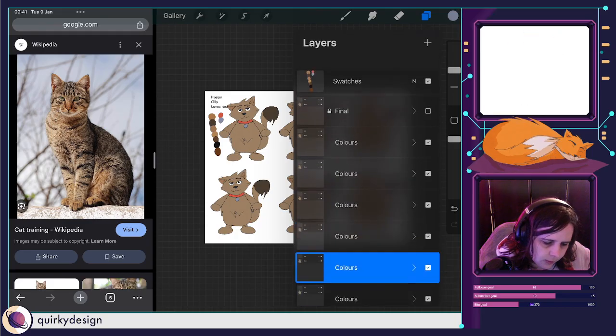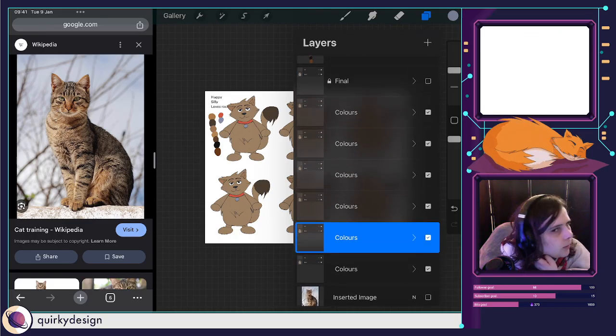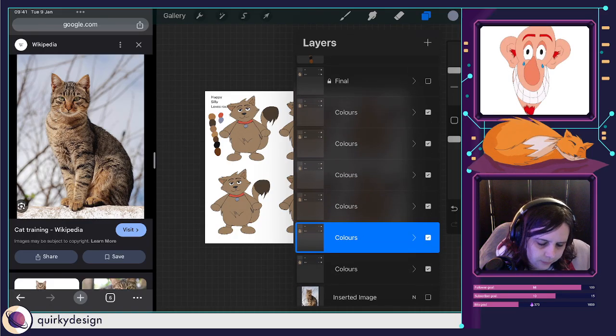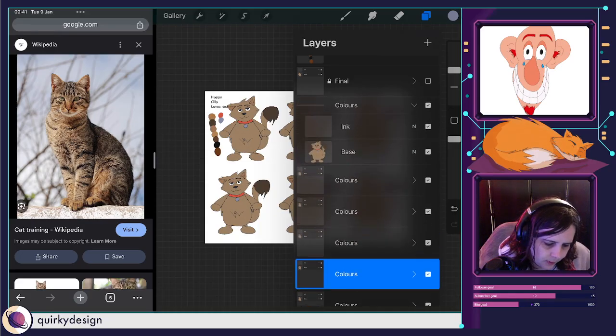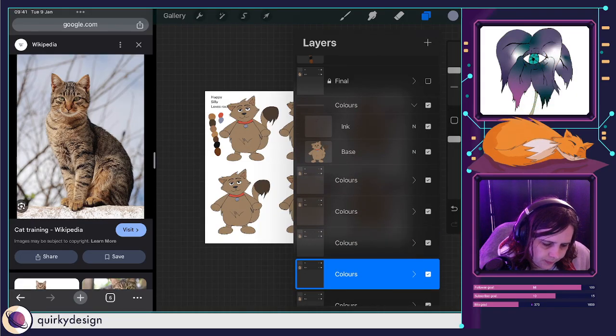Obviously what I'm going to do now is, because I don't want to have loads and loads of duplicate layers here, I'm going to separate these out.